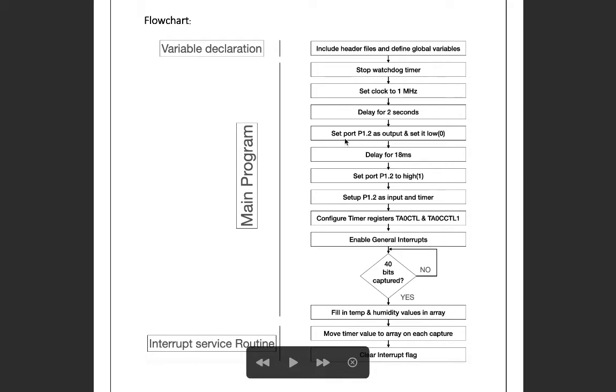Then we will set port 1.2 as output and set it low. So we will select it as an output port. Now you will be thinking, why are we selecting it as an output port, although we are going to receive the input from the sensor on this one? See, as we told, we have to first send the start pulse to the sensor.